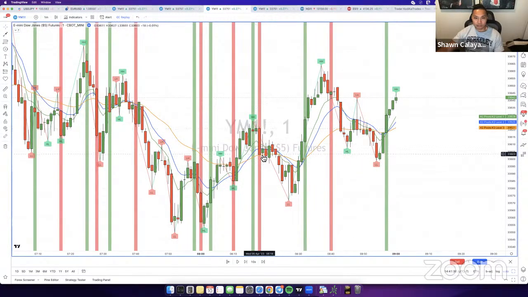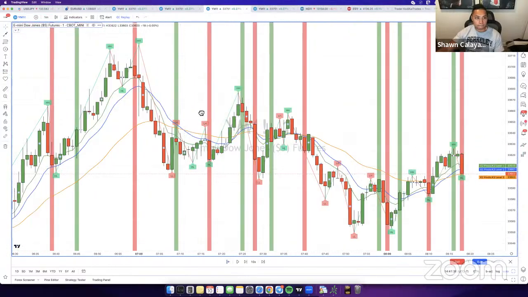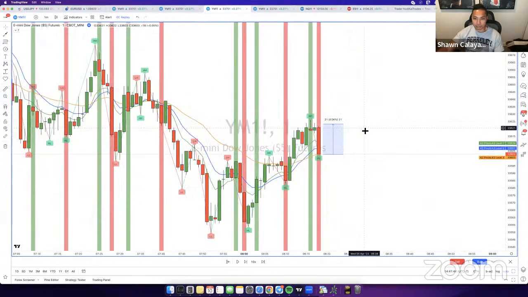Okay, so this is an example right here, actually. And I think we did take this trade. Let me just measure the candle real quick. Okay, so this candle is not huge, but it's a lot bigger compared to all the previous candles, just like I mentioned earlier. So there's a higher high right there, sell signal. This would be a valid entry for a sell.